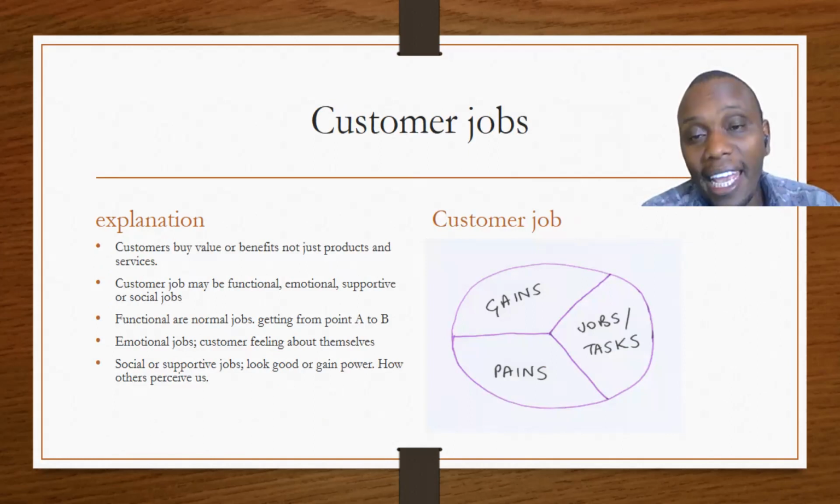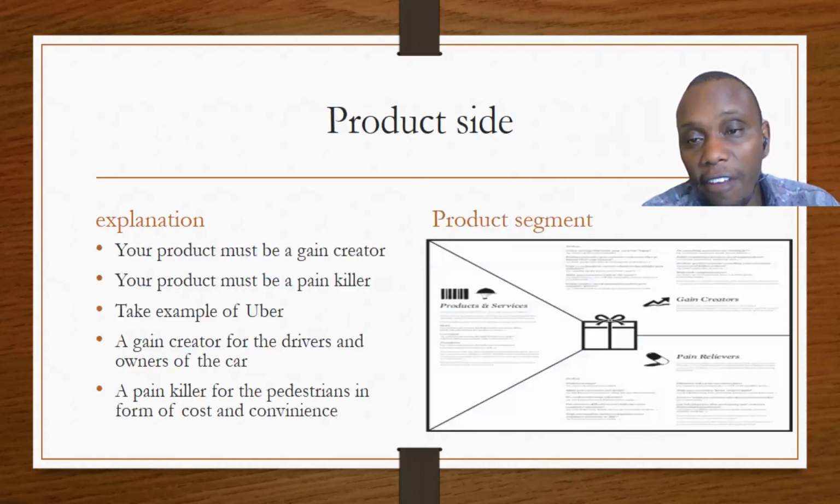And therefore, the gains that the customers were looking for were, one, that they needed a system that was cheap. They needed a system that was more convenient for them to be able to get taxis. And therefore, the solution that was given was Uber, and Uber brought about the convenience, that is a pain reliever,